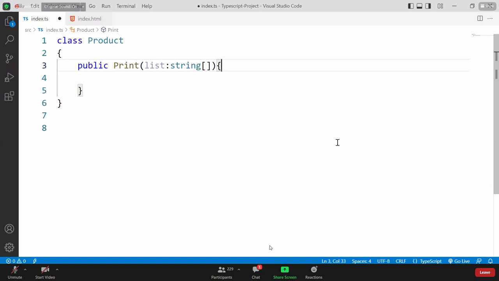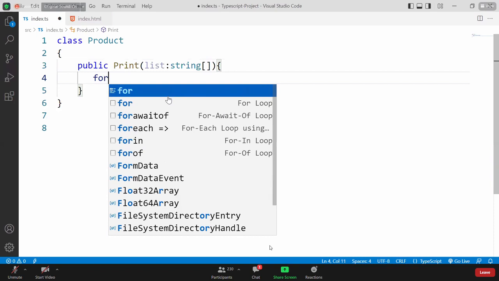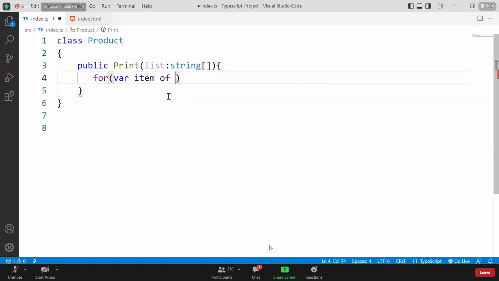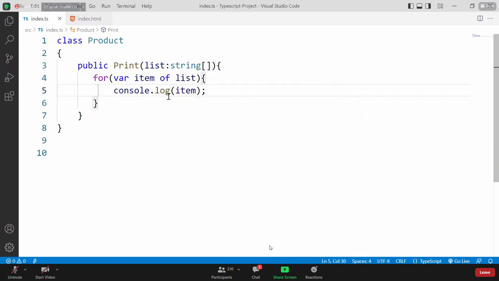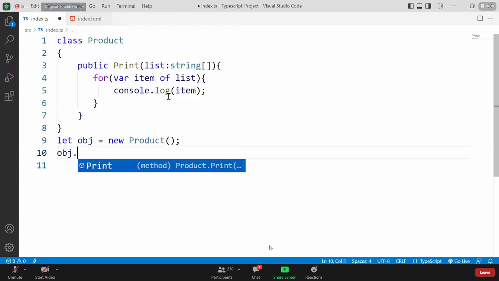That means now what it is expecting? It is expecting only string type values, array. That means here we are printing for var item of list. We are printing every item. Console.log, we have to define the item. That means here we will create an object is equal to new product, and through that object we can access